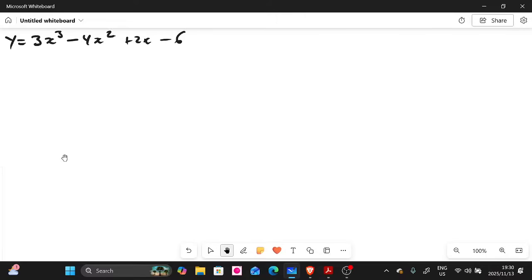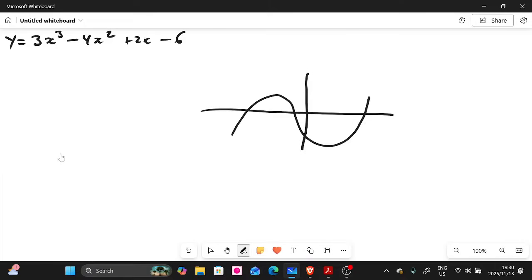Guys, when you find the turning point, the first thing you must remember is that this is a cubic graph. Let me just show you: a cubic graph looks like this. It has this turning point here, we can call it TP1, and the turning point there, you can call it TP2. Just know the shape. You don't really need to draw the graph on this question. They want you to find the x and y of this point, without drawing a graph.